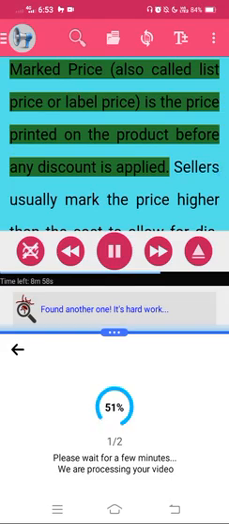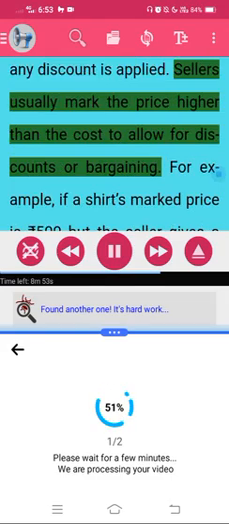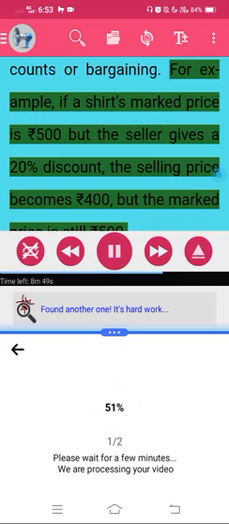Marked price, also called list price or label price, is the price printed on the product before any discount is applied. Sellers usually mark the price higher than the cost to allow for discounts or bargaining. For example, if a shirt's marked price is 500 rupees but the seller gives it